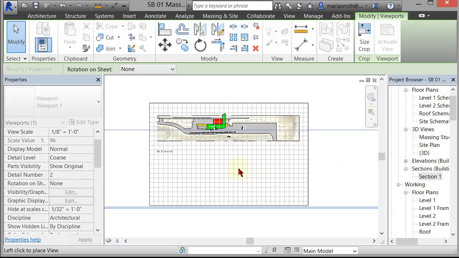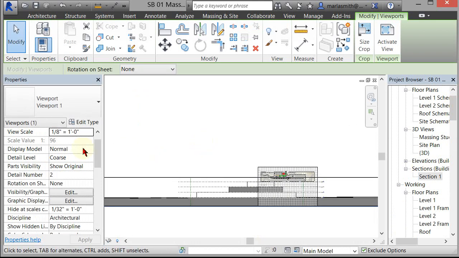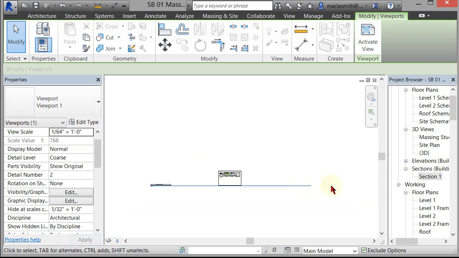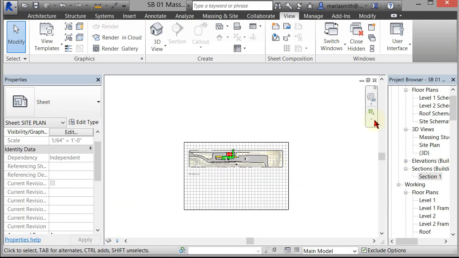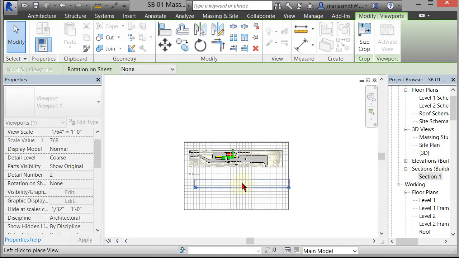onto the sheet, and it's way huge because it's at 1/8 of an inch. So we had the other one set at 1/64 of an inch, so let's go ahead and change it to 1/64. And there it is at 1/64, and there's that big view title. So I'm just going to do what I did before, which is delete it and replace it. So if I drag that section back in,